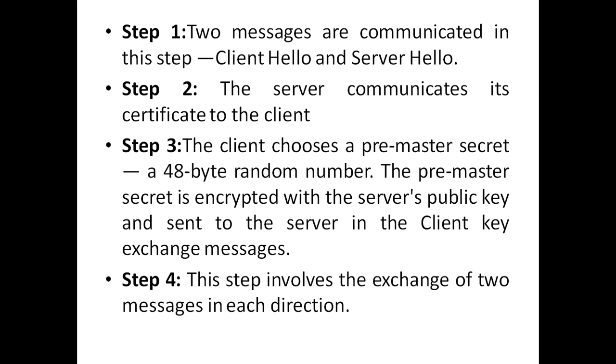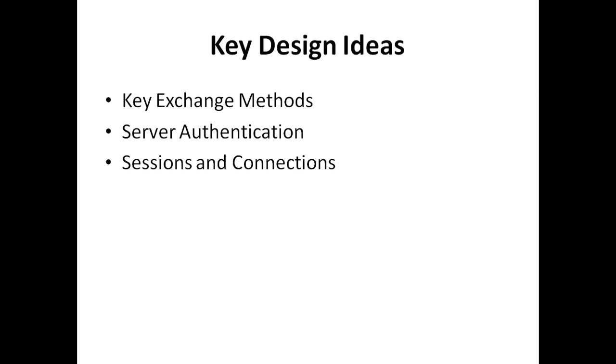After the server receives the change cipher specification and finished message from the client, it verifies the computation of the keyed hash. It then computes its own keyed hash that covers the previous handshake messages plus a predefined constant, which is distinct from the one used by the client. The client receives the keyed hash and verifies it. Only at this point is the server authenticated to the client. So these are the 4 steps in the handshake protocol.